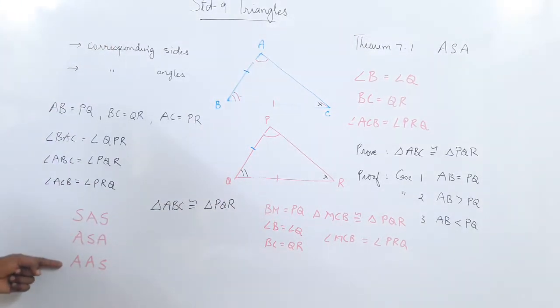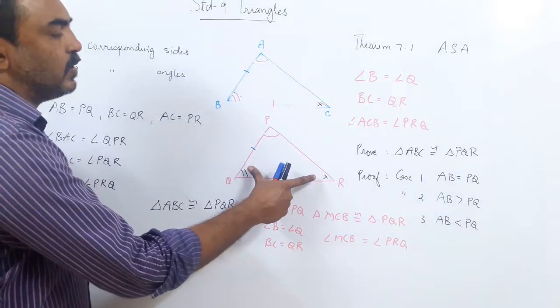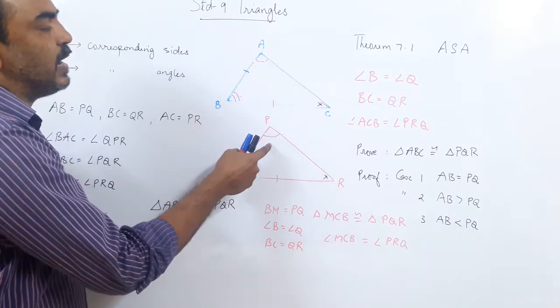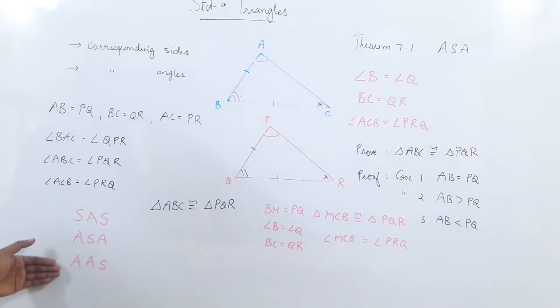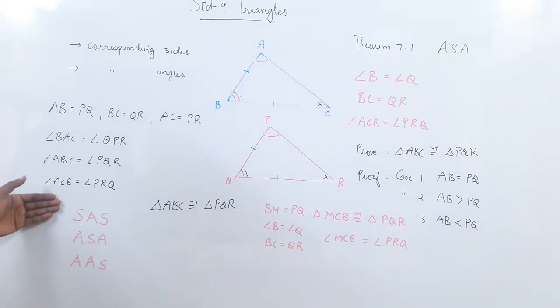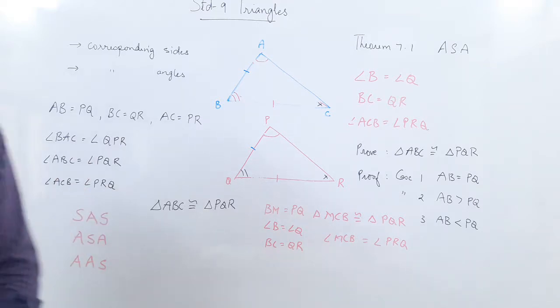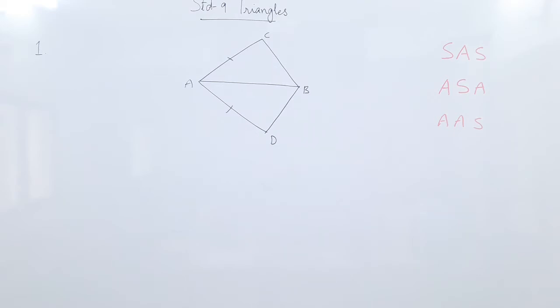And AAS is a result from ASA. How we got this? Since we know ASA, if in a triangle two angles are equal, then automatically the third angle becomes equal because the sum should be 180. So this leads us to AAS. So just revising this, now we are going to make use of this and try out a few sums today. So today's lecture is mainly using these theorems and axioms to prove certain sums. So let us start making use of the axiom and the theorem.